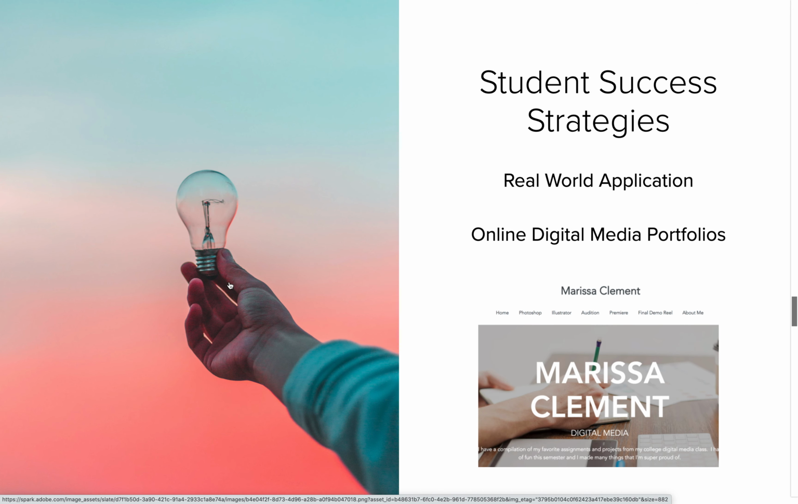Which, I mean, ties perfectly into student success strategies. The next section: two different success strategies that I like to incorporate into my courses, or want to more fully incorporate after taking this course, is that real world application, like I talked about in the personal logo assignment, as well as the online digital media portfolios. But the real world application, so having them try to take their projects and apply it to the real world,